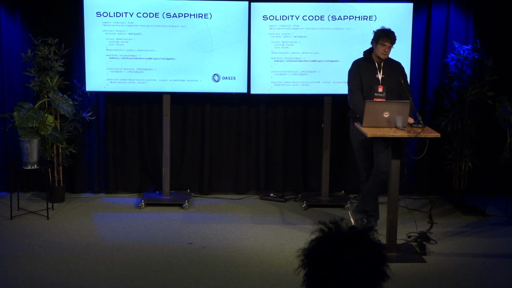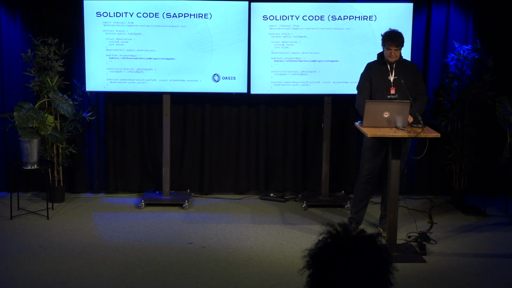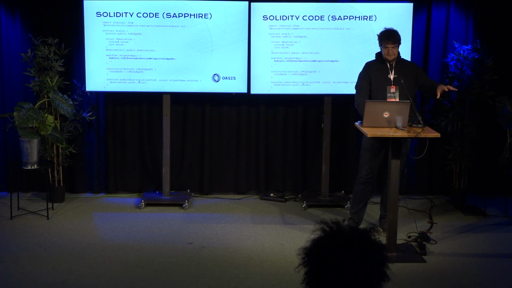For example, let's have a simple smart contract that stores quotes, for example, the ROSE USD prices on Binance. And this contract would look like so. In this, submit observation is something that runs inside the Raffle, fetches quotes, and then wants to send them on-chain and store them on-chain. And this submit observation needs to have this authorization.